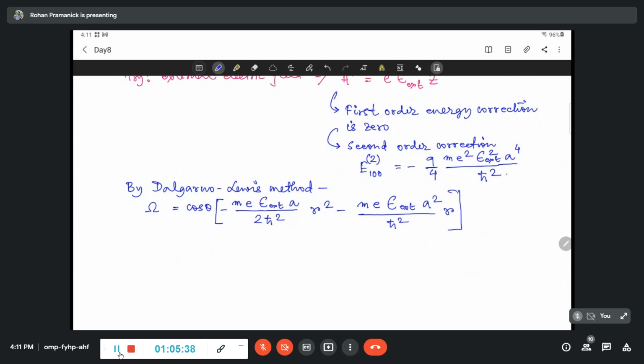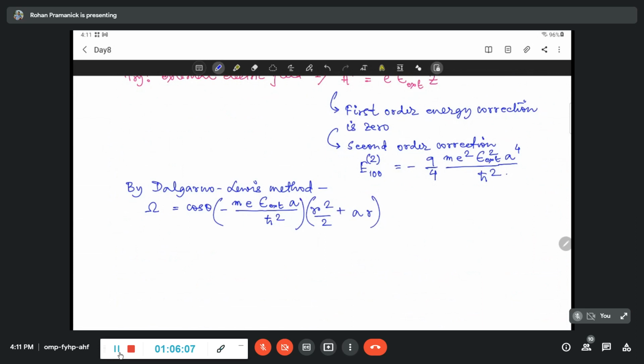So if I take common, I just make it a little nicer to look at. If I take this as common, this is r square plus r square by 2 plus a r. If you find this by the Dalgarno-Lewis method, you can check that your omega comes out to be this, and